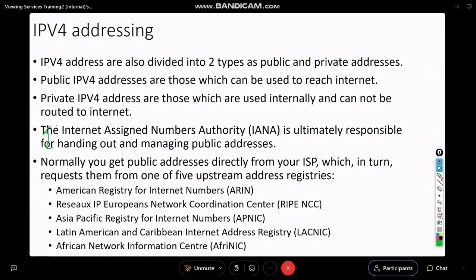IANA, which is the Internet Assigned Numbers Authority, is an organization which is responsible for handing out and managing public addresses. And it is not free. You have to pay for it. So that's why if you are having internet at home or in office, you will see that your machines have private IP addresses. And then the feature we are using is eventually converting the private IP addresses into